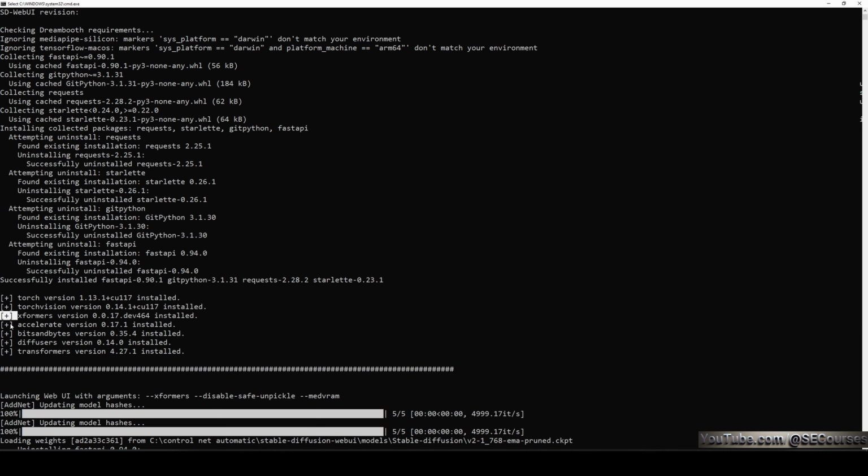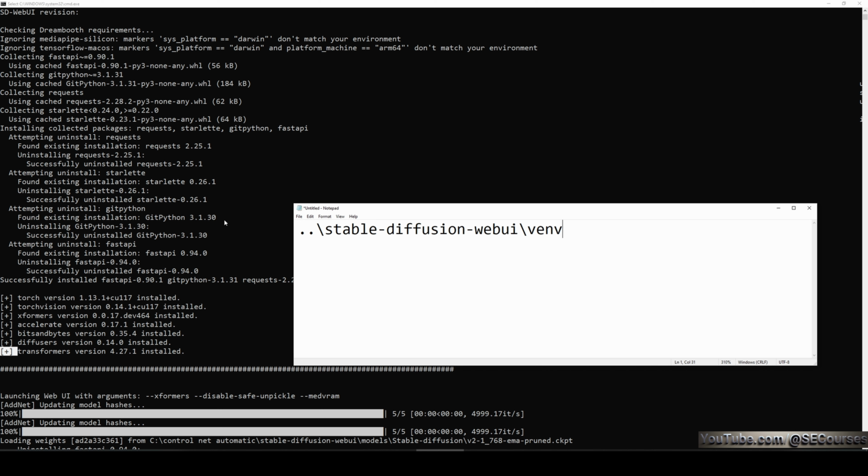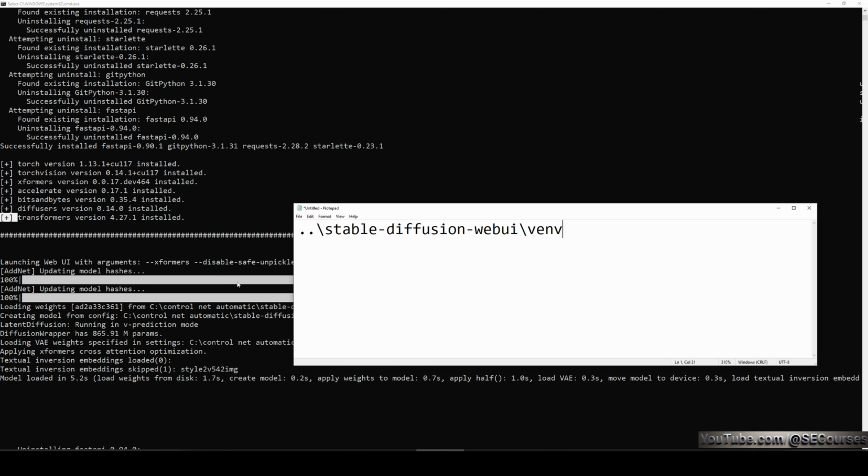These are necessary for the Dreambooth extension to work, and if any of these are negative, then you should try deleting the venv folder, this folder, and restart your web UI to see whether it is fixing or not. Changing the requirements versions will also help you significantly to fix your possible errors.